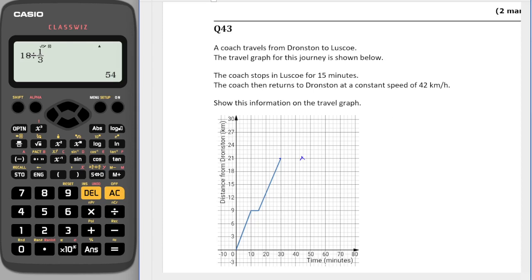And then if we return at a speed of 42 kilometers per hour, that's going to take us half an hour. So the speed is in minutes at the moment. So it's going to take us 30 minutes. So 30 from here is 10, 20, 30. So we're going to arrive slap bang there. So if I put that in with lines then,